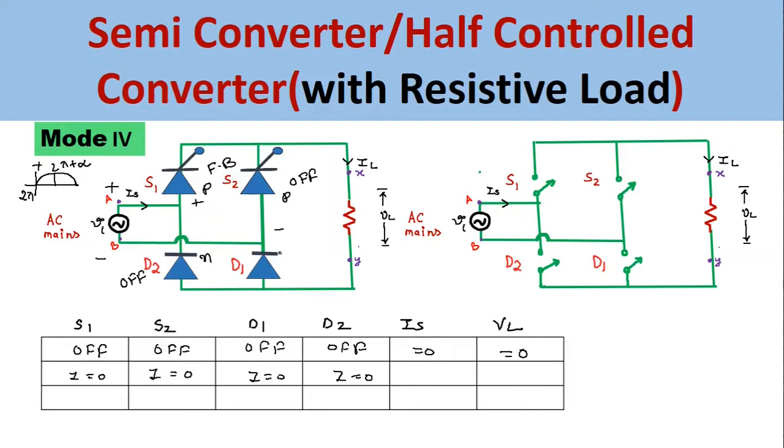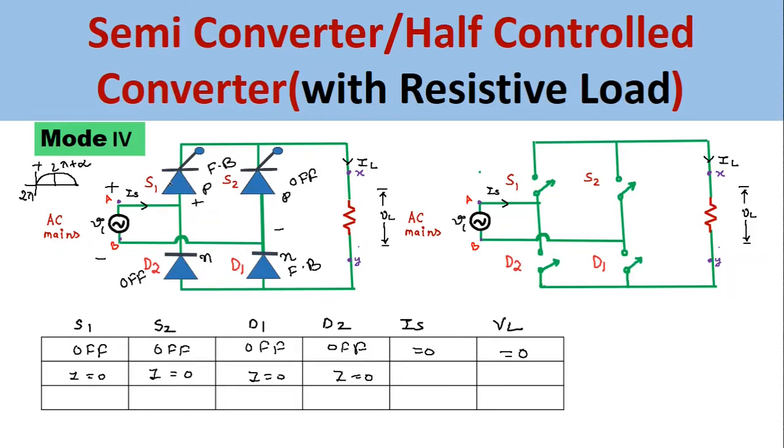And when this negative sign goes to the N side of this D1 diode, this D1 diode goes into the forward bias condition. Here we can see that this S1 SCR is in forward bias, but until and unless we give a gate pulse to the gate of this SCR, it cannot turn on. That means it will act as an open circuit, or you can say that it cannot conduct current until and unless we apply a gate pulse to this device. So it will act as an open circuit in this mode number 4.